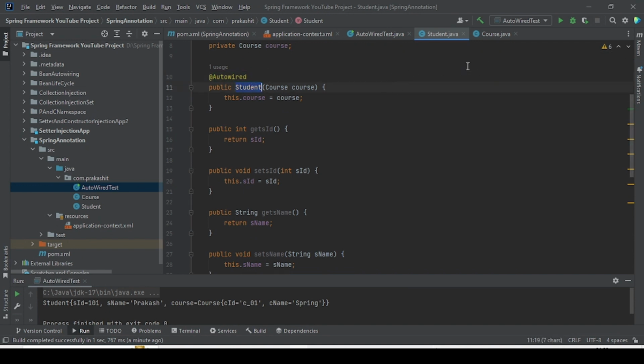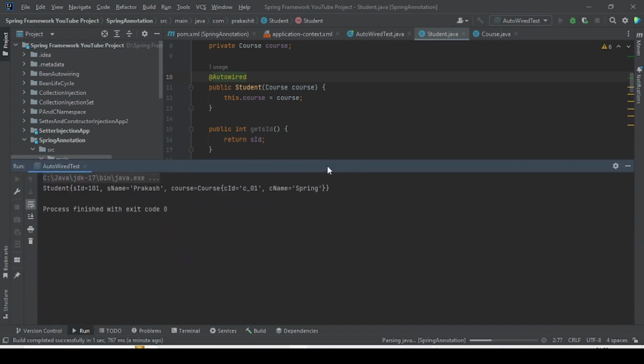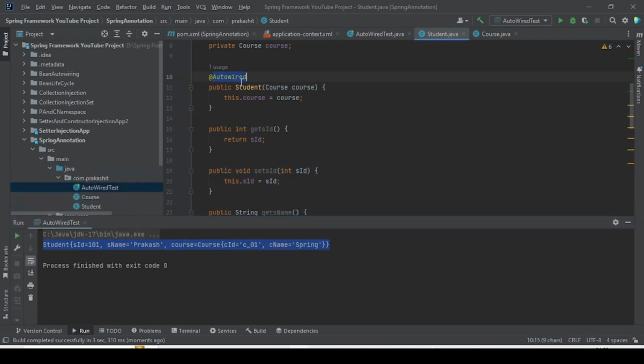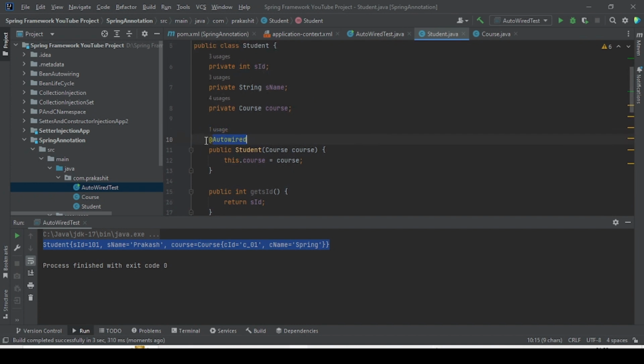So what it will do, it will inject this course while injecting, right? So if I run this, you can see the same thing we are getting as an output. That means we have used the Autowired on the setter as well as on top of the constructor. So now if I comment this,